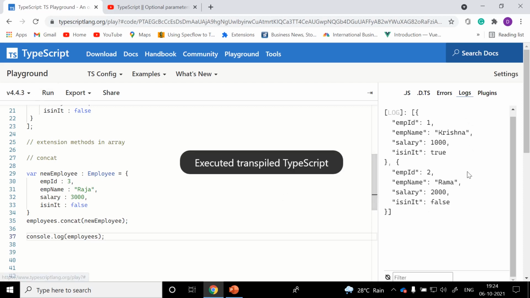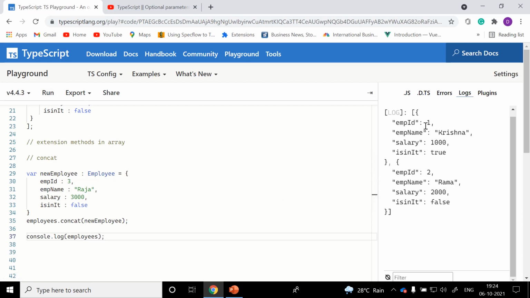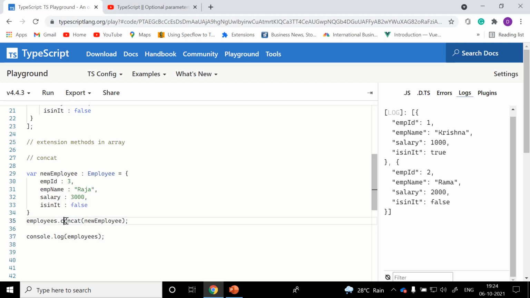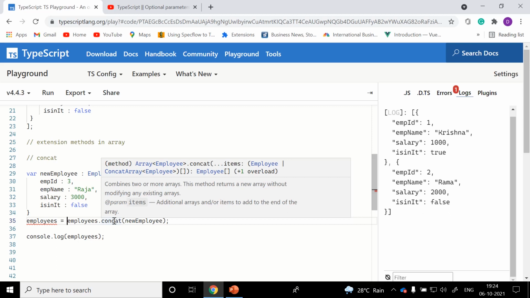Let me just run it. Here we could see only two objects, employee ID 1 and employee ID 2, because concat returns the updated or modified items. In that case, we need to assign the employees object with the modified data.